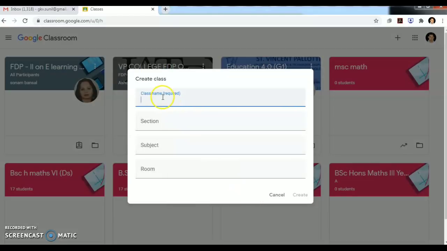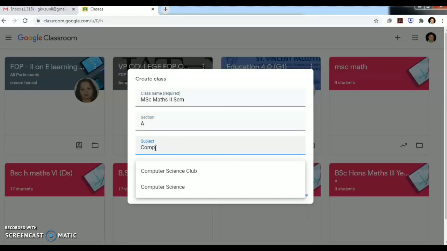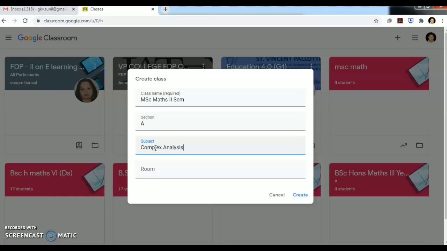Now these options arise. Class name is required. Suppose I teach MSc Mathematics, MSc Maths, second sem. Section, whatever you want. Subject, suppose complex analysis. Room number is optional, we can give anyone.